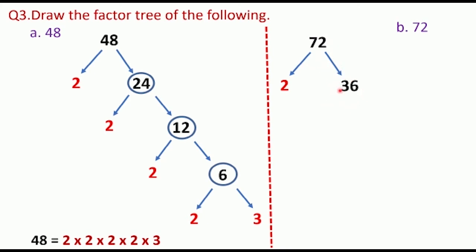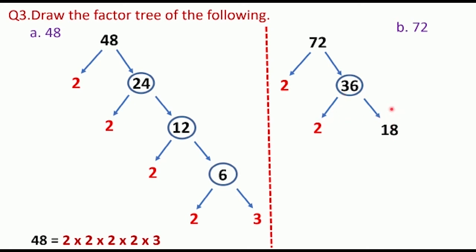Now, this 36 can be divided by 2 again. Okay, so write here 2 again. Then 2 ones are 2, then 1 will be left out. Then it will become 16. So 2 8s are 16. Here it will come 18. When you divide this 36 by 2, you will get 18.